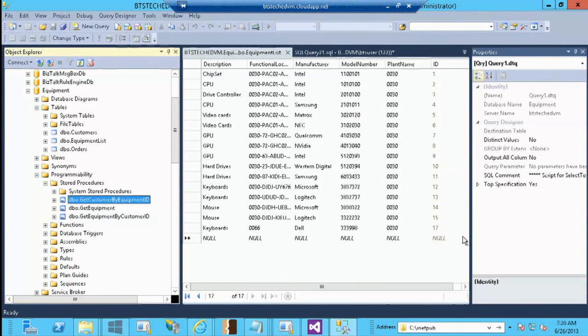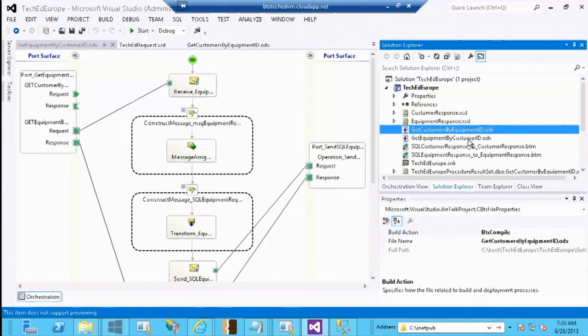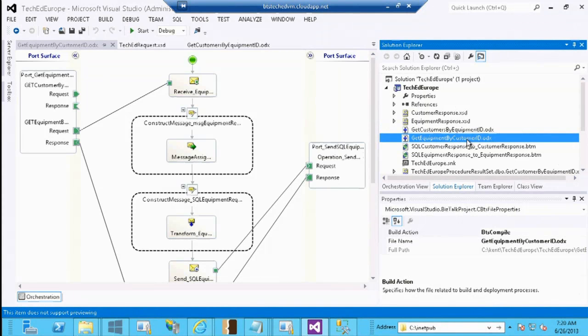So let's open up the BizTalk orchestration. So this is the orchestration designer that I was talking about, which is a graphical representation of your business flow. Here I actually have 2 orchestrations, which is intentionally made as 2 orchestrations for the purpose of explaining here. If you look at the very far right, I have something called a port where I'm exposing 2 different endpoints. Get customer by equipment, get equipment by customer. Both of those things can be exposed within the same orchestration, but just for simplicity's sake, I've made it as 2 orchestrations, which is just a duplicate of this.